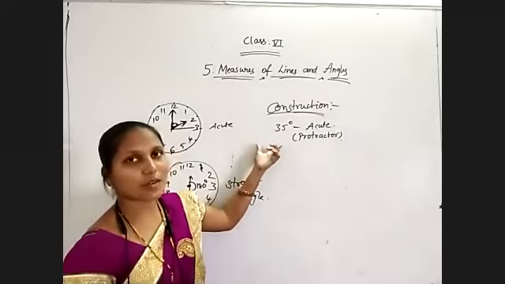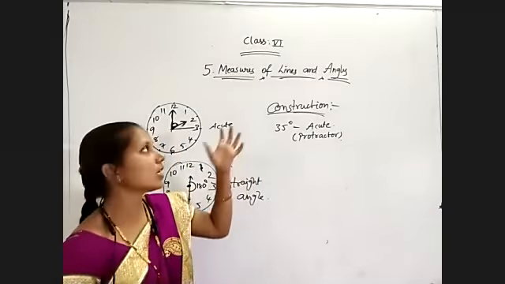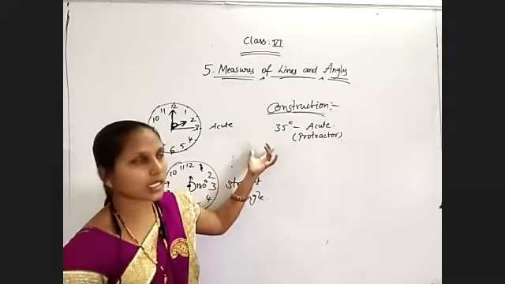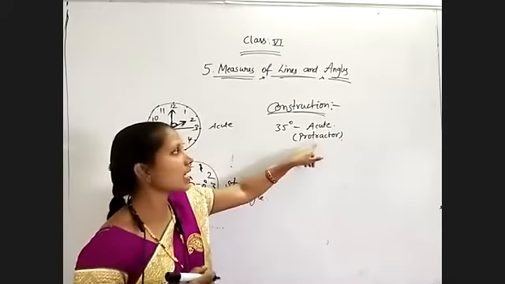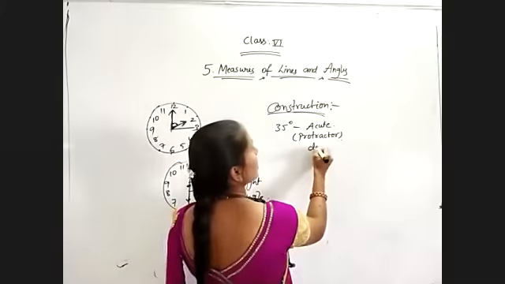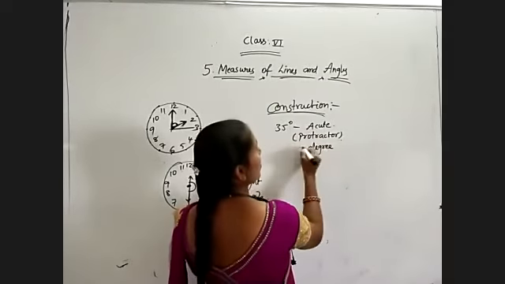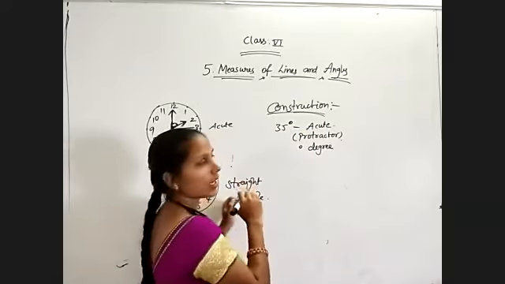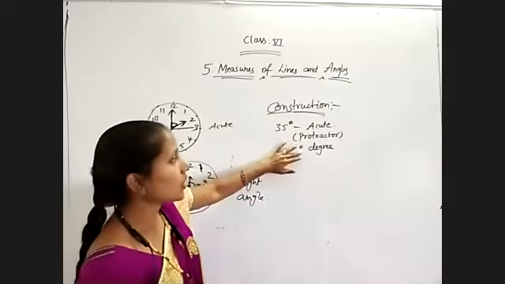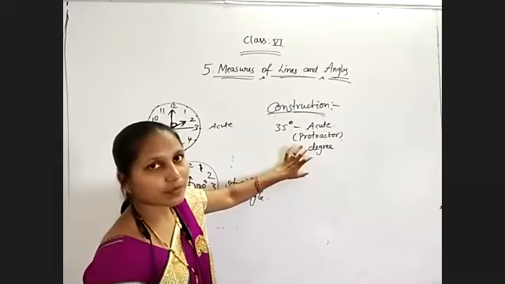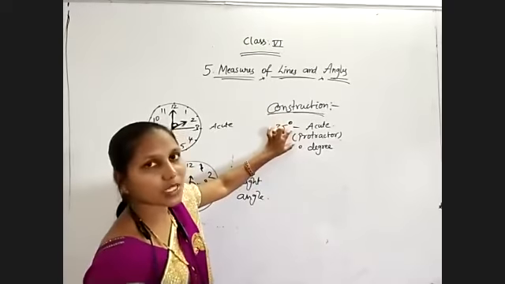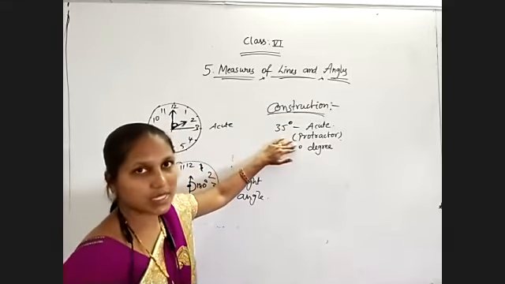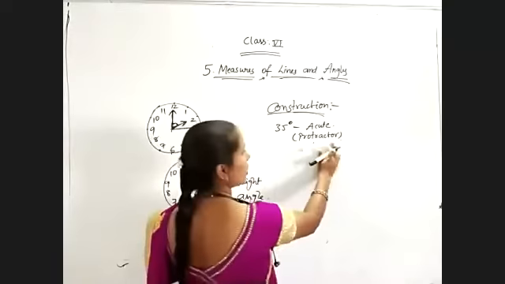Coming to construction of angles or measurement of angles. In that case, the protractor is the device which we are using to construct and measure the angles. And what are the units of angles? Degree. So this indication above the zero denotes degrees. Units of angles is degree. And which instrument are we using to measure the angles? That is a protractor. Protractor is in which shape? Semicircular shape. So that is about a different topic.